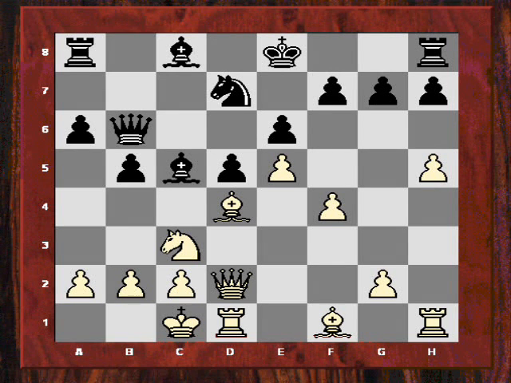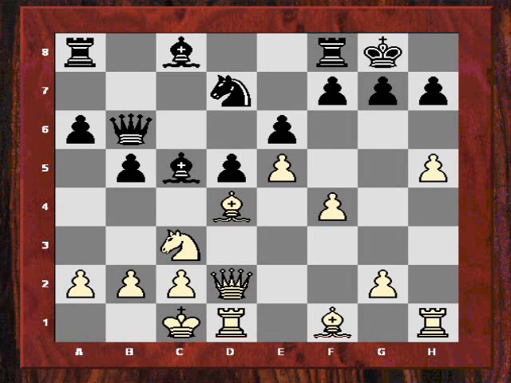Hi all, I'd just like to revisit the Nakamura versus Akobian game from the critical position in which Akobian decided to castle just kingside. I thought this was intuitively a bit risky, not just with the H pawn but also with this F pawn, potentially F5 and F6. And Nakamura played casually the move bishop takes C5, which does carry with it the risk